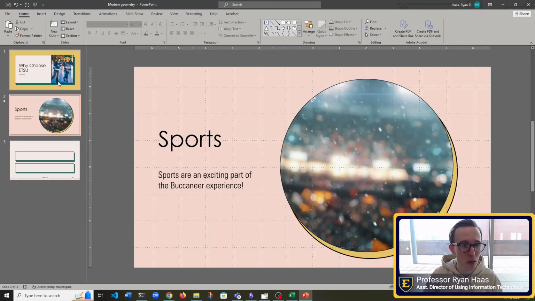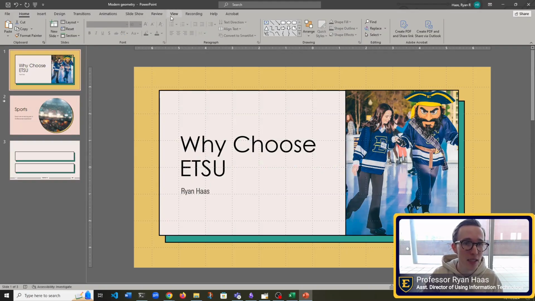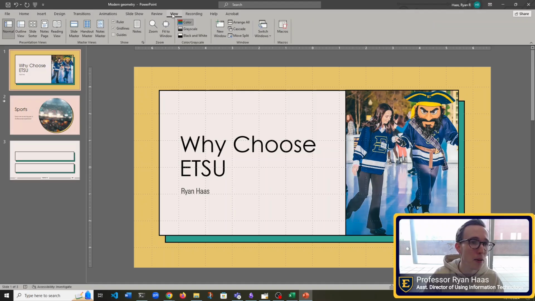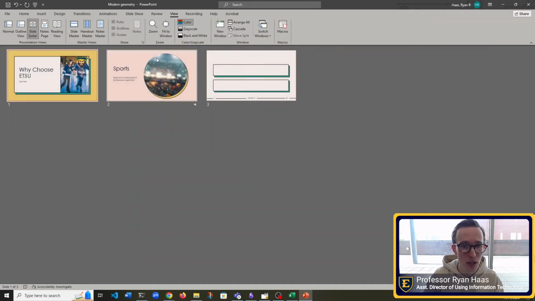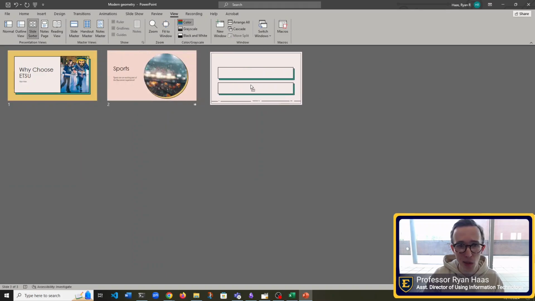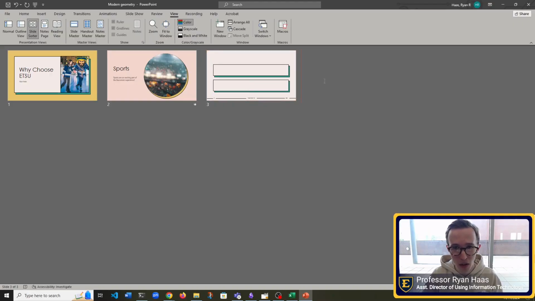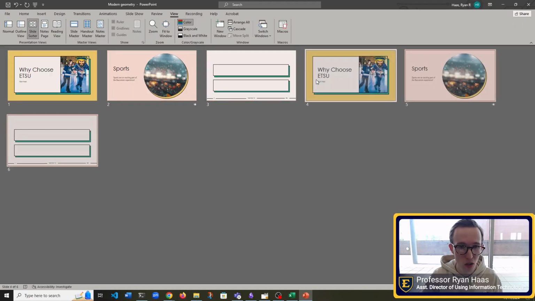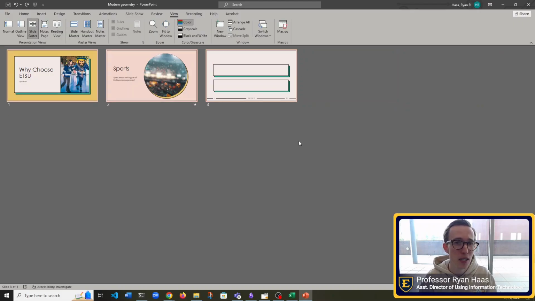But we can actually view our slides in several different ways. If I go to the View tab here, you can see I have Slide Sorter View, and that's what I used earlier. This is good for rearranging a lot of slides or deleting a lot of slides. You can also select several, and if I hit Control D for duplicate, you'll see it duplicated all three of those. So it's good for working with slides in bulk. Now to change back to my normal view, I click on this.